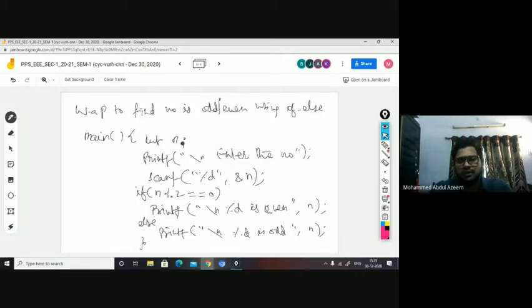Another thing is I have reduced one more variable. It means I have reduced the space also. Space is also, as I said, a parameter to judge the efficiency of the program. So I could reduce the space here, and I could reduce the time. So from both parameters' perspective, I could reduce it. So I can say this is more efficient than the multiple if. But that one is also fine.